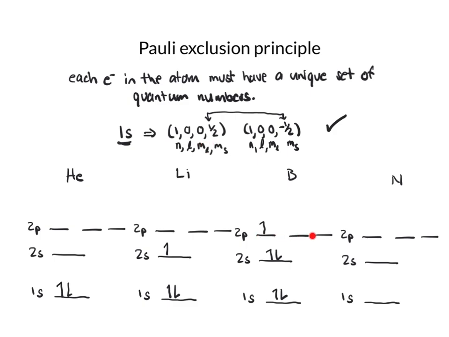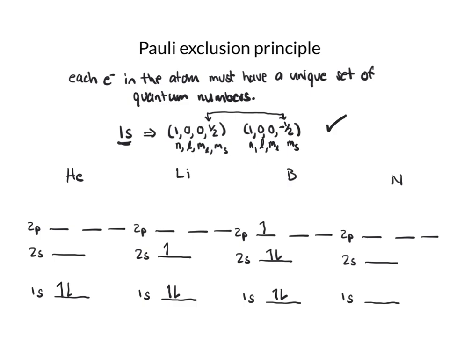So there are 3 of those that have exactly the same energy. But they're 3 separate orbitals, and so they can each contain 2 electrons. So for the p levels, I have 3 separate orbitals, all of the same energy. So let's move on to nitrogen because that